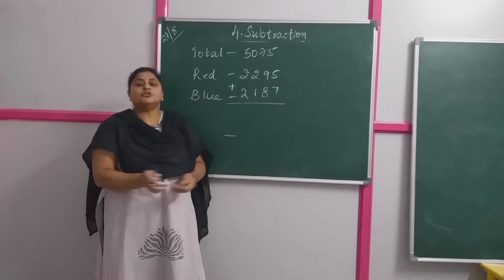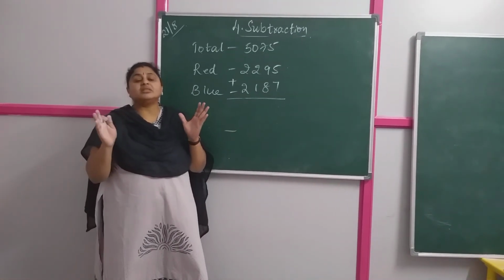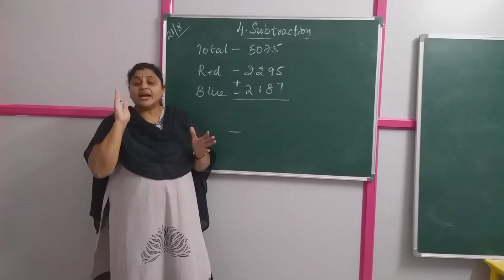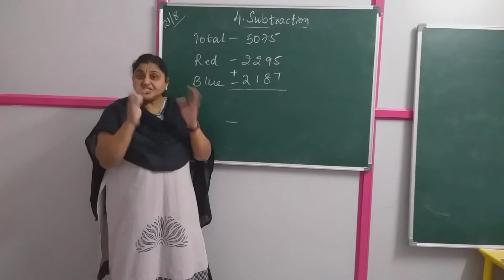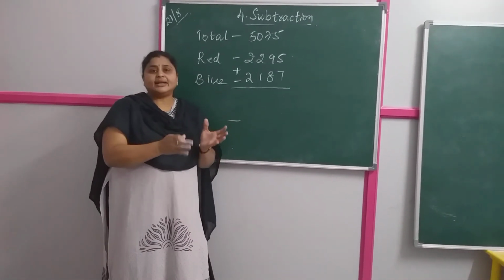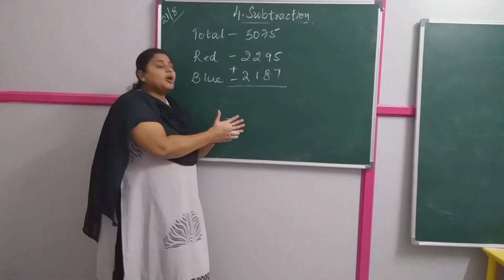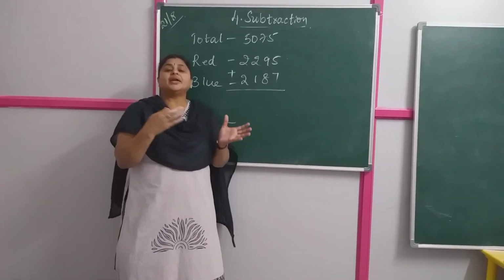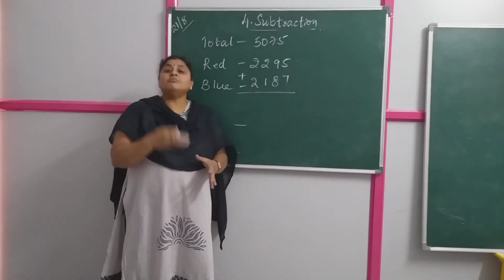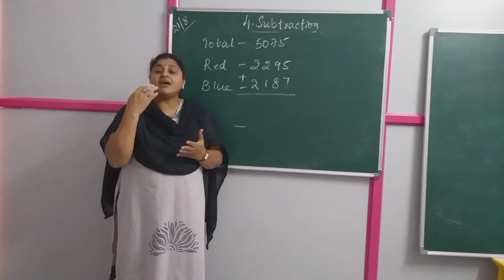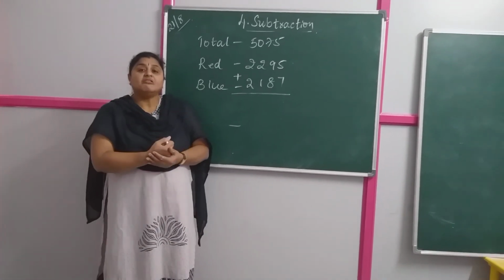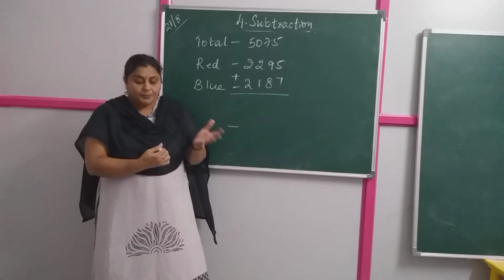Got it children? So don't concentrate on framing the statements. First try to think about and understand the word problem, which numbers have to be added and which numbers have to be subtracted. Hope you understood the three problems, how I have made you understand to add and subtract. Try to listen more number of times to what I have explained to you and try to solve the leftover word problem, children. Okay? Hope you understood.